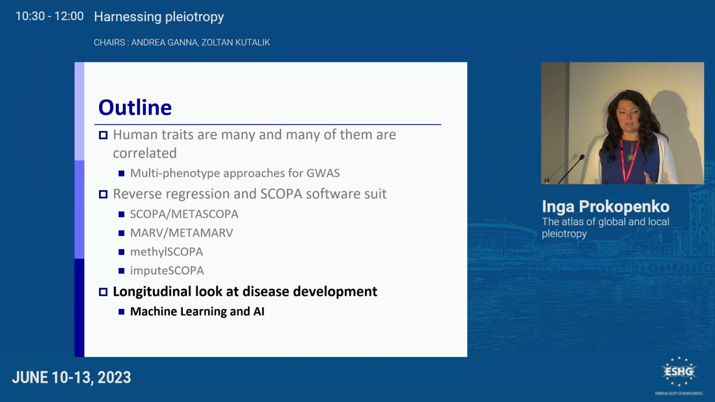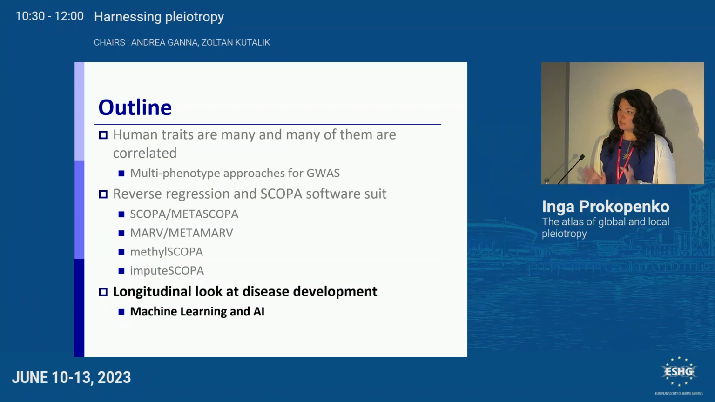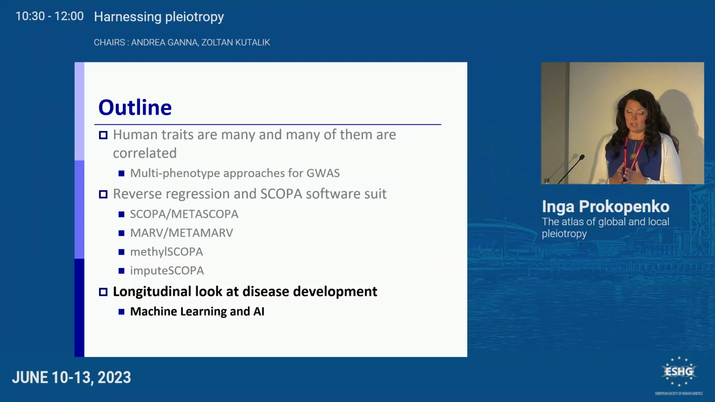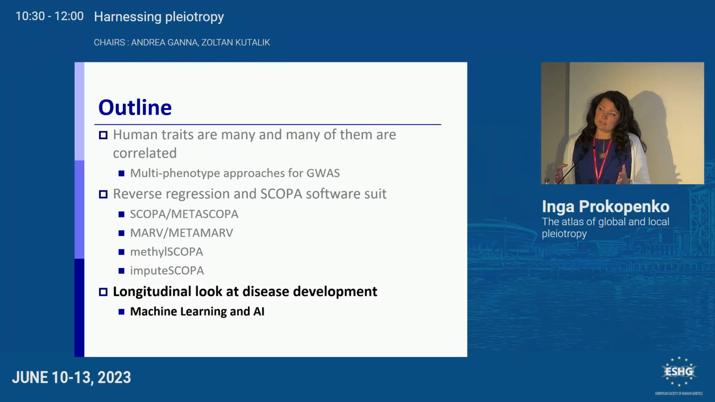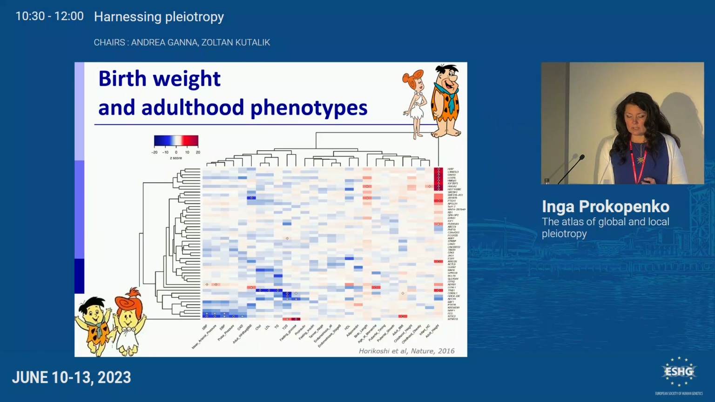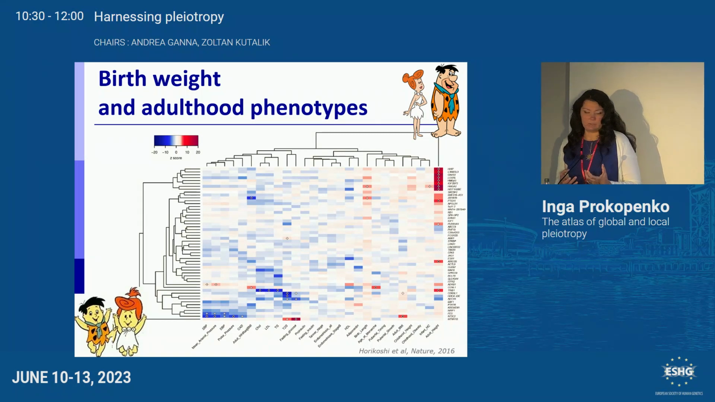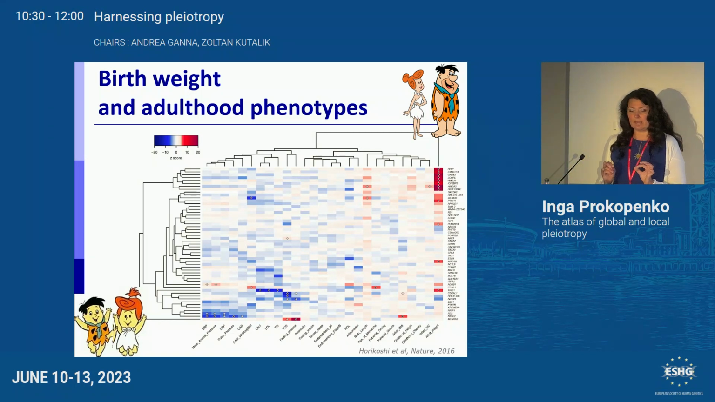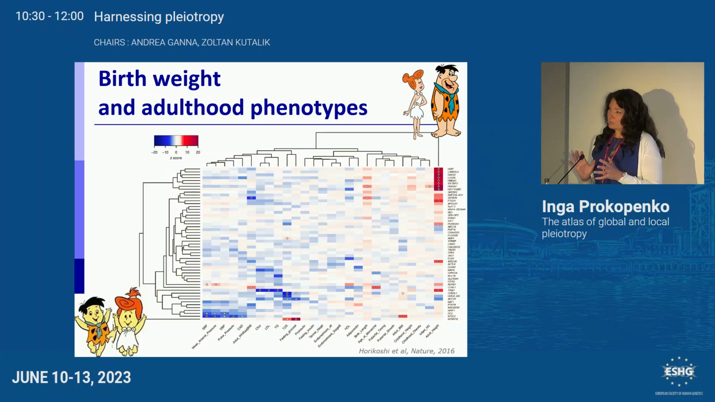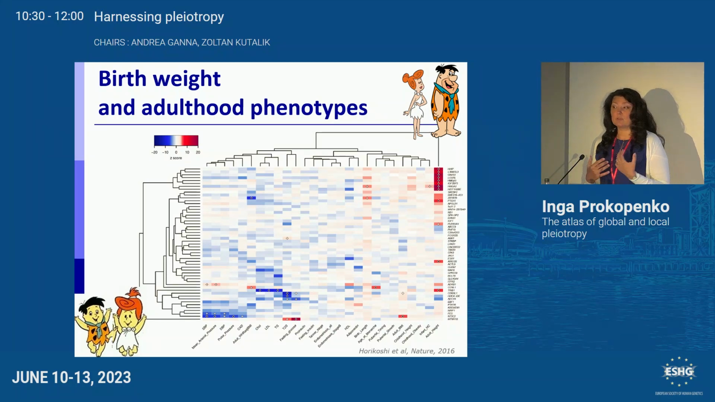Now, another point which we sometimes want to discuss, and I will just focus on it very briefly, is the longitudinal look at the disease development, how we can try to look into relationships between phenotypes. So just very briefly, in the ECC consortium, we love to look into the birth weight as a